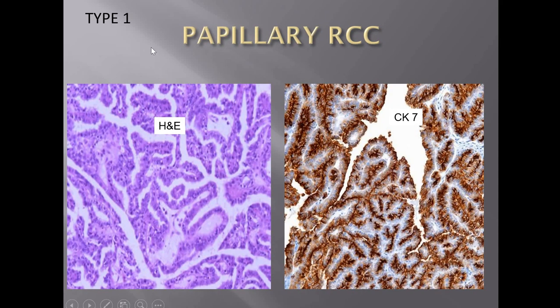Now this is a picture of papillary RCC. From the word itself, papillae, there will be finger-like projections. It is of two types, type 1 and type 2, and type 1 has a better prognosis. Here in type 1, we can see the papillae, finger-like projections with a fibrovascular core. This is a typical papilla, lined by a single layer of basophilic cells. The cytoplasm will be more basophilic, which means bluish, in a single layer, and it looks very benign. This papillary type of RCC stains positive for CK7.